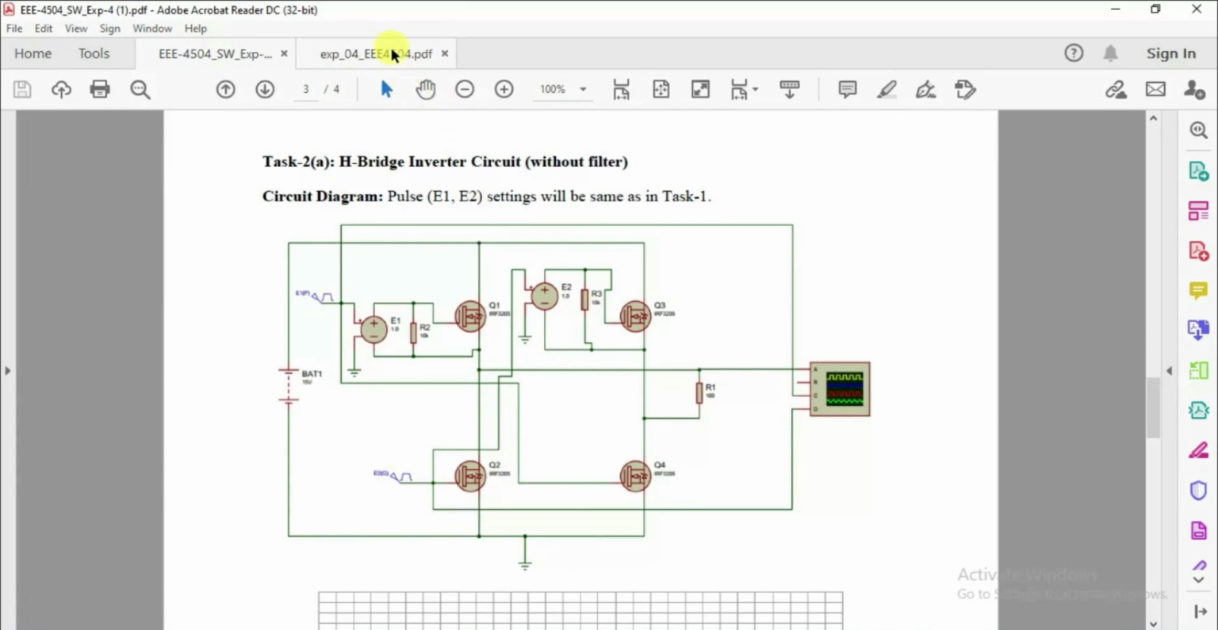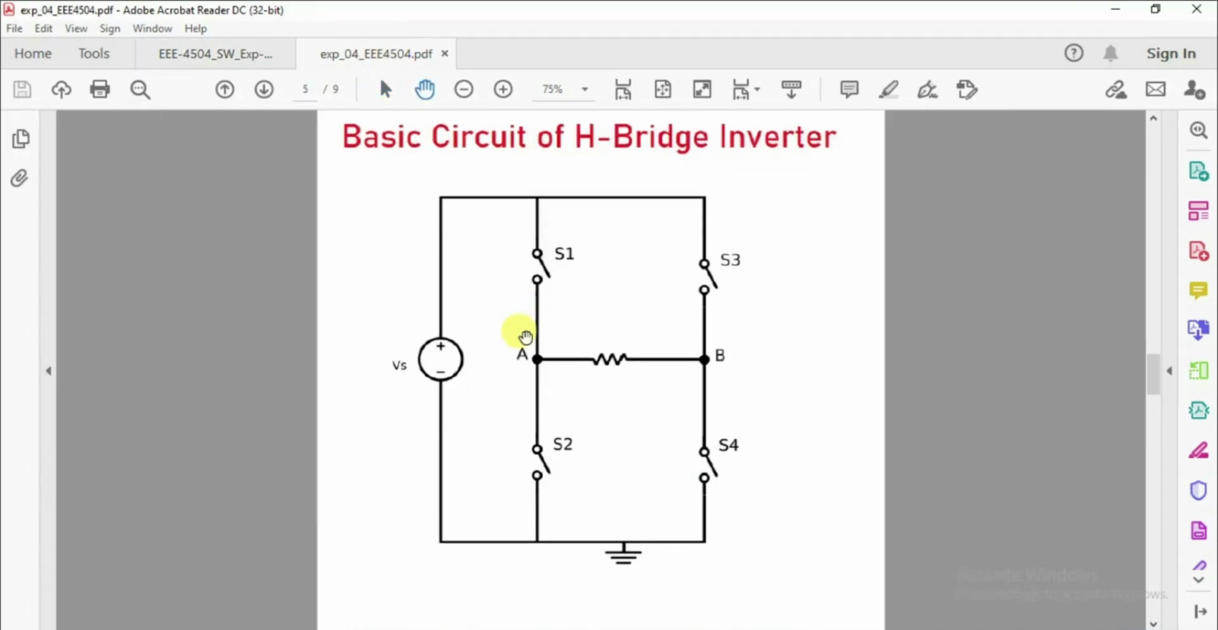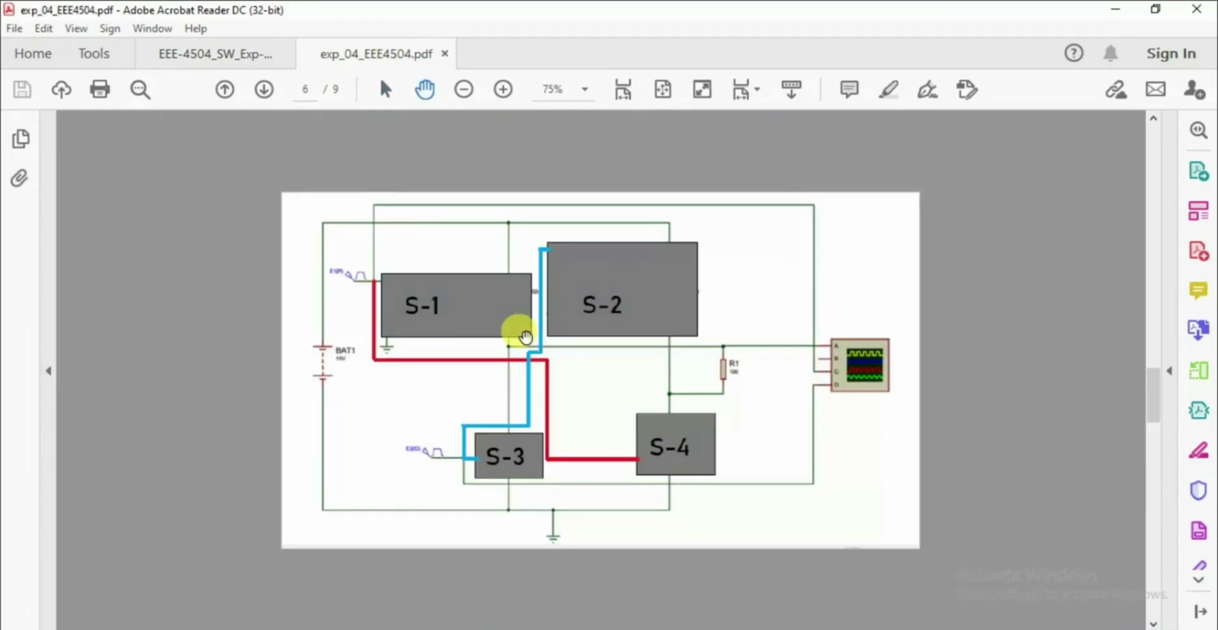From this picture it might look a bit complex. But if you look here, this is exactly what we have learned in our theory part. There are four switches, and two switches are controlled by one pulse generator. These two switches are controlled by another pulse generator, and this is the DC source, and here is the output